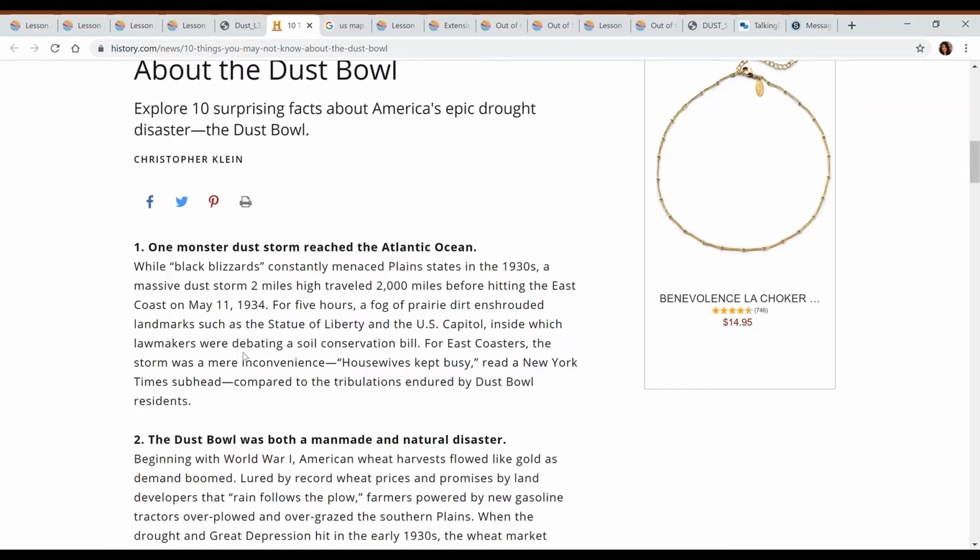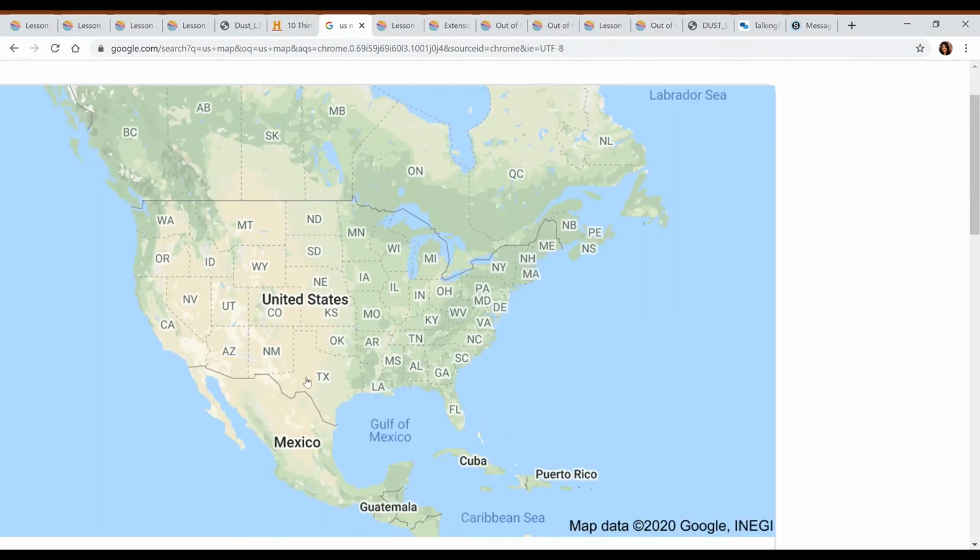Capitol, inside which lawmakers were debating a soil conservation bill. For East Coasters, the storm was a mere inconvenience. Housewives kept busy, read a New York Times subhead, compared to the tribulations endured by the Dust Bowl residents. So once again, the Dust Bowl residents here experienced tribulations, experienced hardship because of the dust storm. And for the East Coast people, it was just a mere inconvenience, not a big, huge hardship like it had been for the Dust Bowl